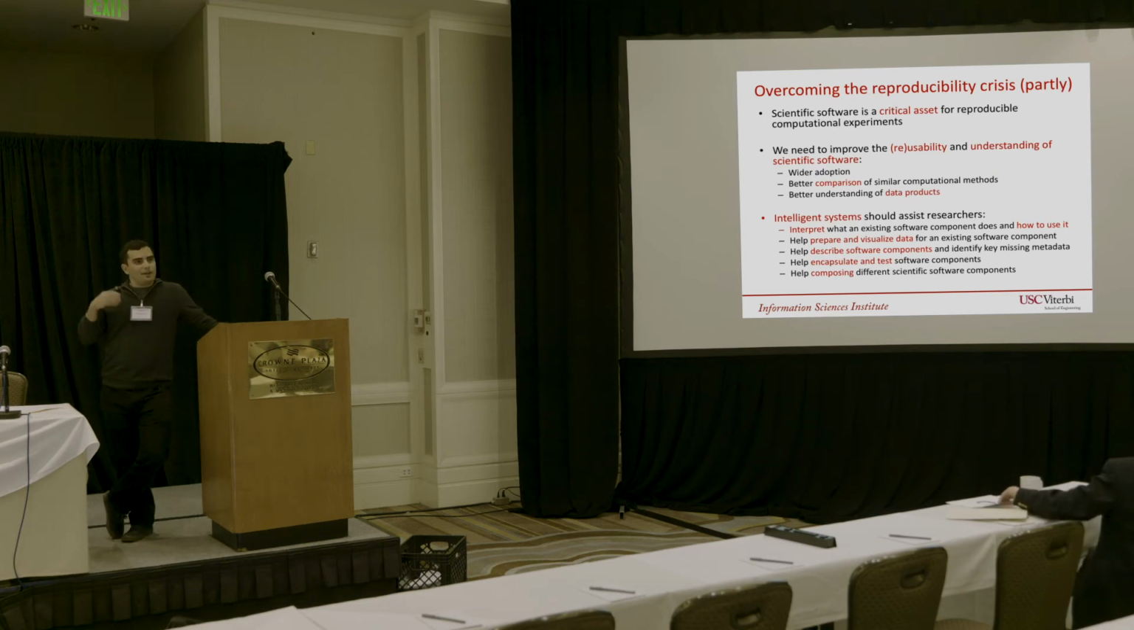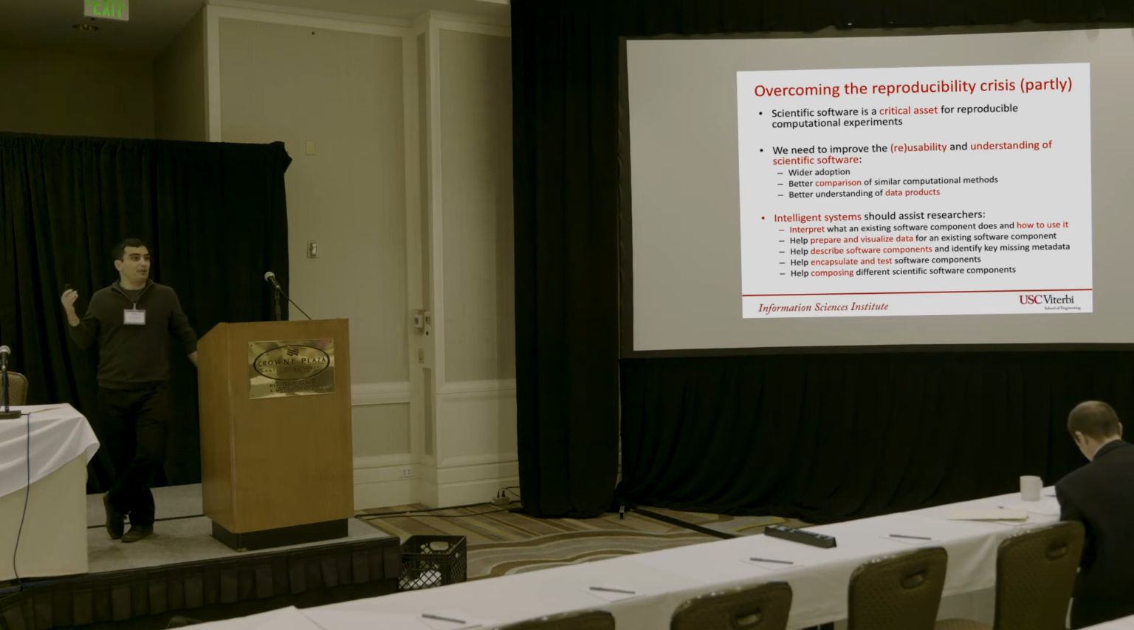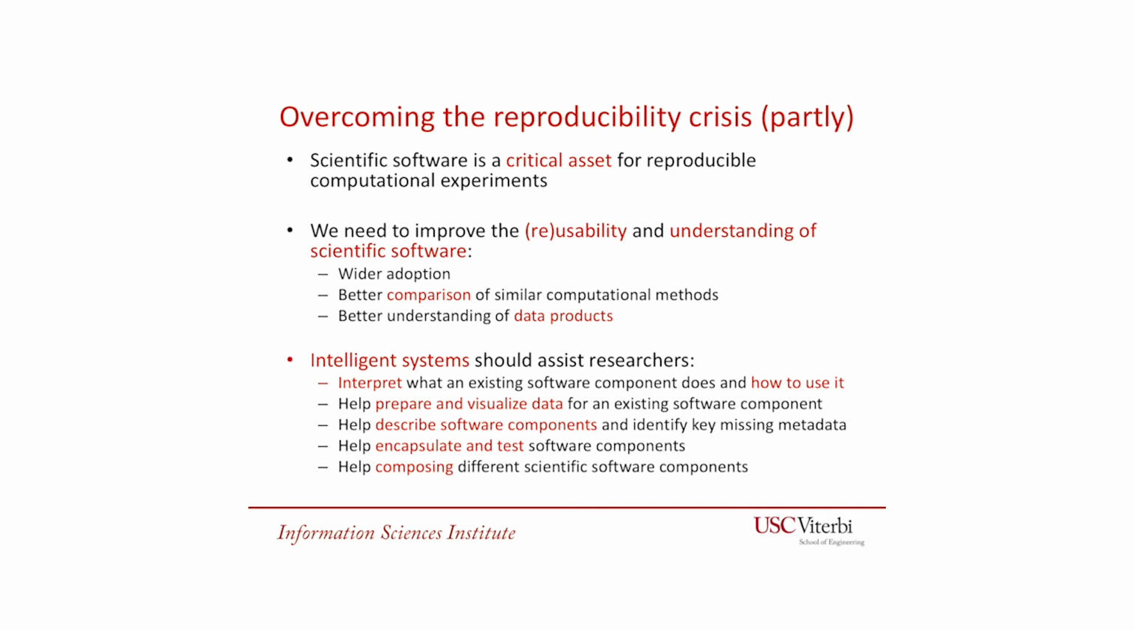I think that improving descriptions of scientific software is a critical asset for reproducible computational experiments, and also for addressing a very, very important part of reproducibility. I think that we really need to improve the reusability and understanding of scientific software, so we increase the adoption of the scientific products that we are making, so that we can create better comparison of similar computational methods and actually help explain better how results are created, because most of the time, at least in our domain, they are created